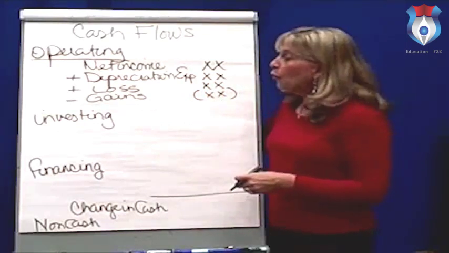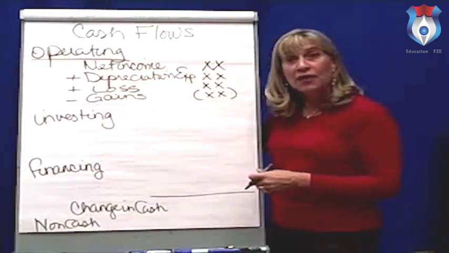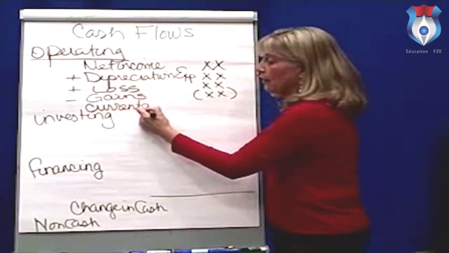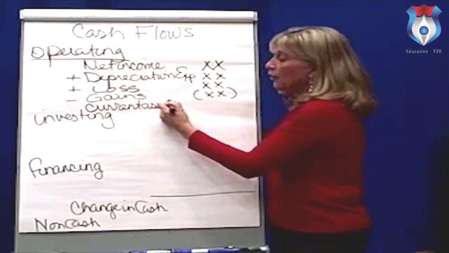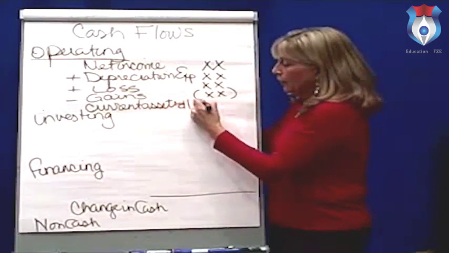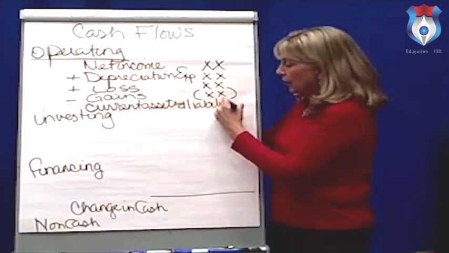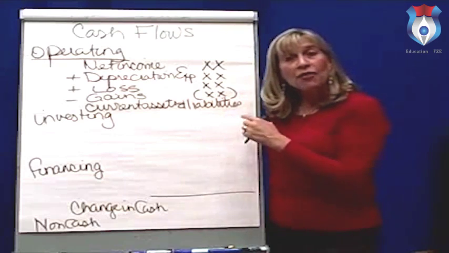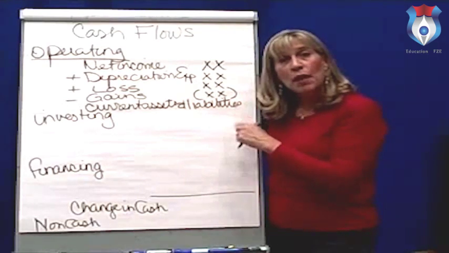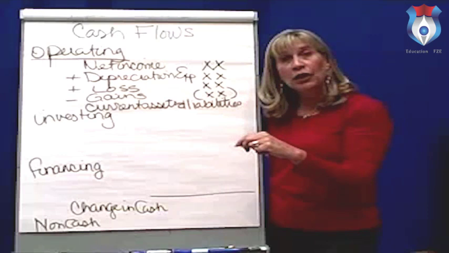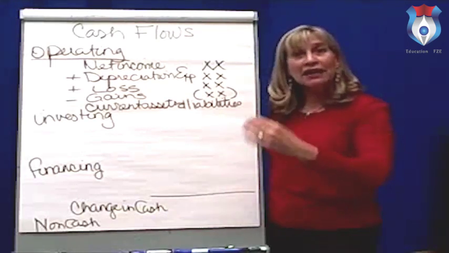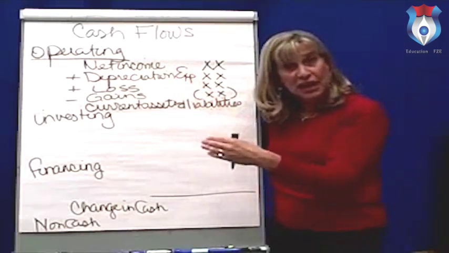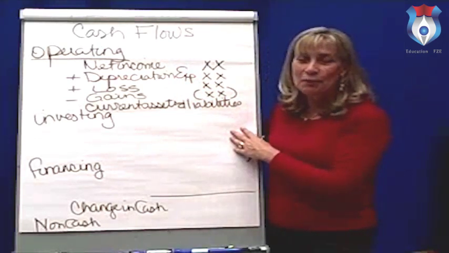In addition, we're going to be analyzing our current assets and our current liabilities. So current assets and liabilities, we're going to look at them for changes. And what we want to look at here is, remember, current assets and current liabilities are our daily activities that go into the daily operations, meaning the income statement. How did you do